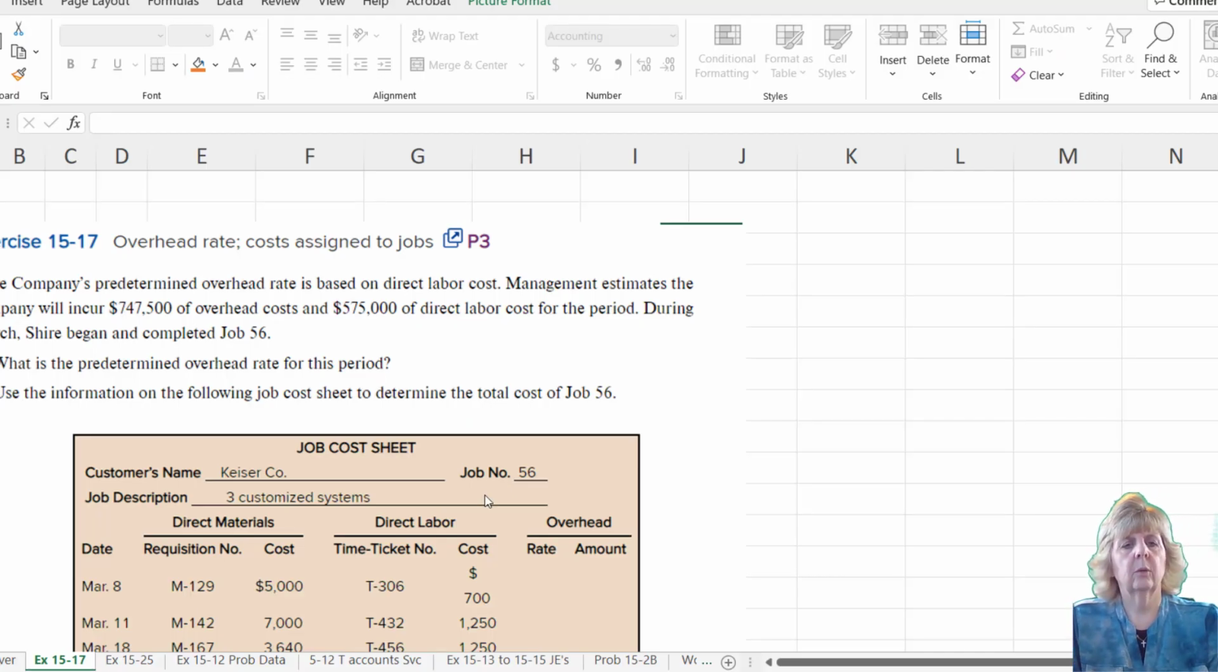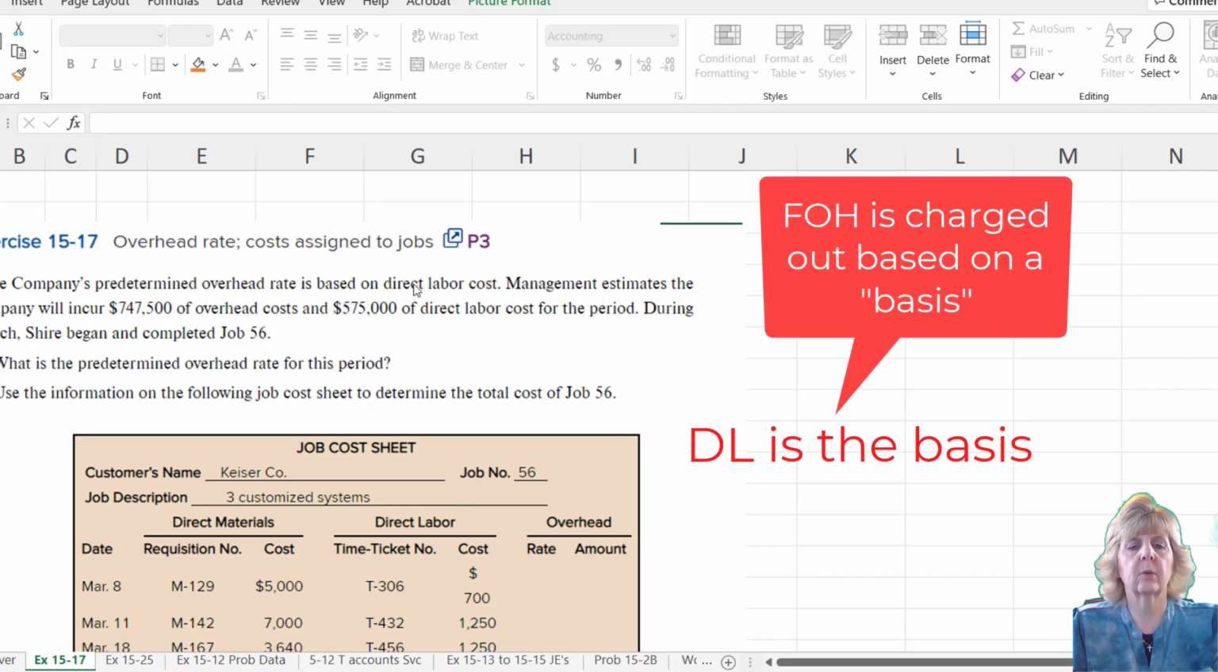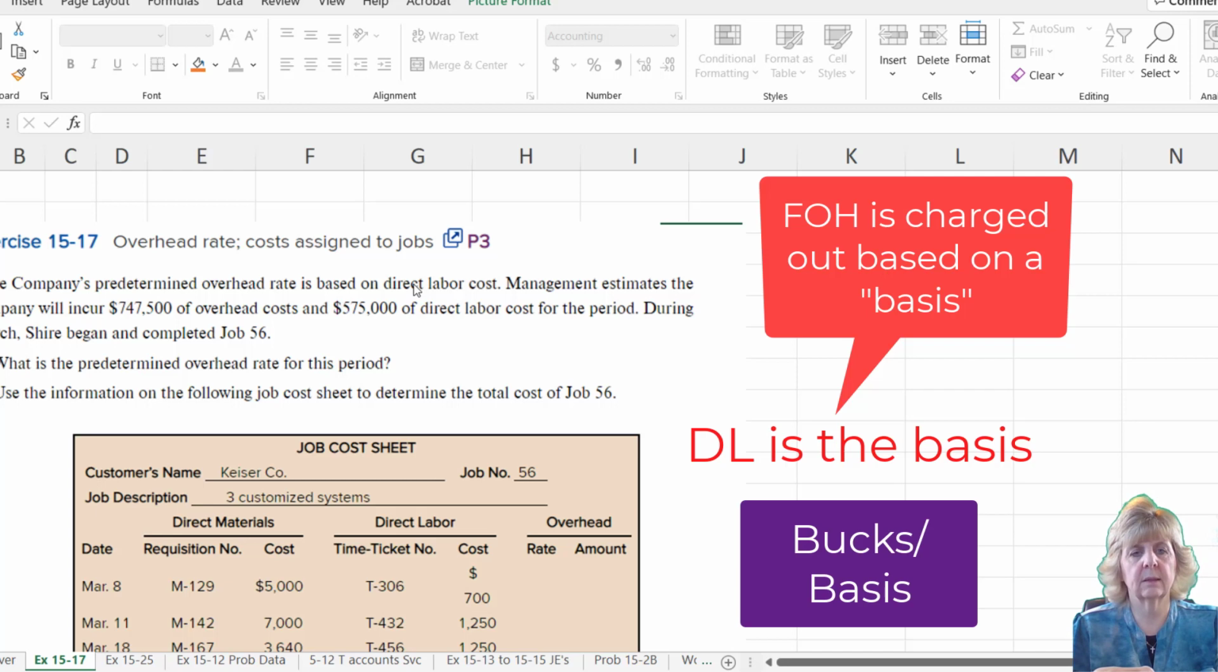On this first slide, we'll see a job cost sheet for a specific job, job number 56. Read it together with me and then we'll work on completing it. It says the company's predetermined overhead rate is based on direct labor cost. Okay, let's stop. What they've just told us is that predetermined overhead rate, remember we remembered it as bucks over basis. The bucks is going to be the estimated overhead given to us as $747,500. And the basis that the company has chosen in this exercise is direct labor cost, which was